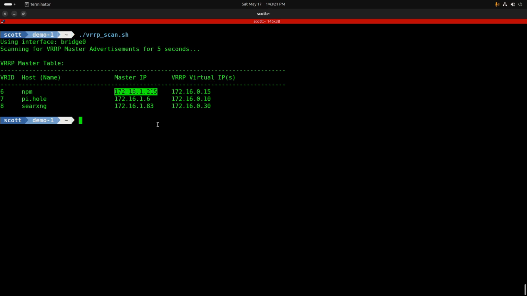However, I have a backup Nginx Proxy Manager that's running at a different address. However, this master is now offered at 172.16.0.15. If the primary Nginx Proxy Manager here goes down, then the backup Nginx Proxy Manager comes up, and it will be offered at the address of